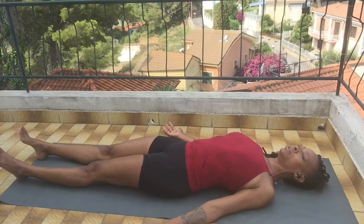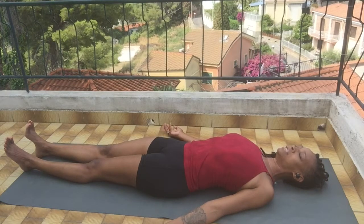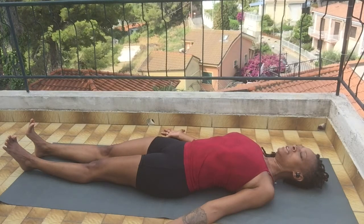Take a moment, check in with your legs. Flex your feet, so like you're standing. Open your fingers wide. Your fingers are actually outstretched, not just lazily laying there, but actually outstretched. Flex your feet like you're standing and pull your toes up towards you, like coming towards your face. Engage